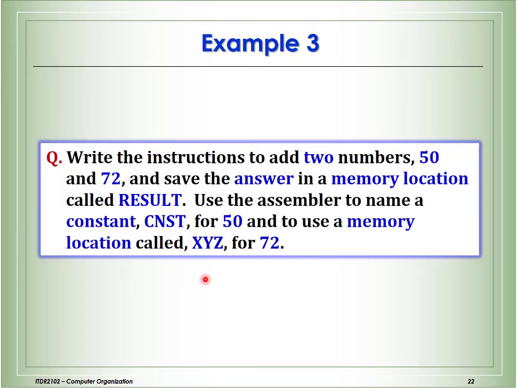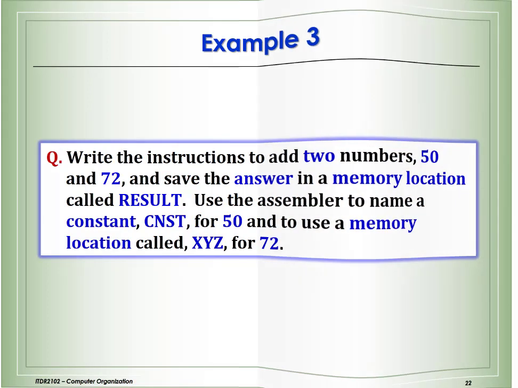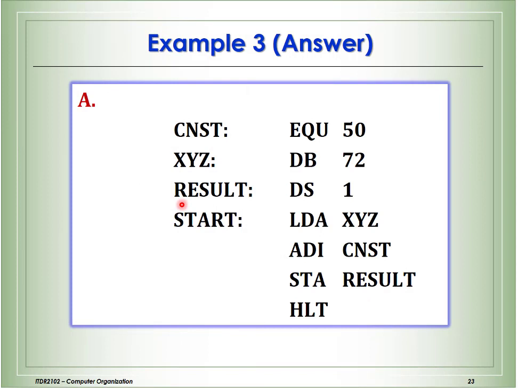Now example 3 is the same as we did in the last example. The only difference, if you see here, is that we load the accumulator with XYZ, and the rest is the same. Here we add immediate, the constant value 50, to the accumulator, and the result is